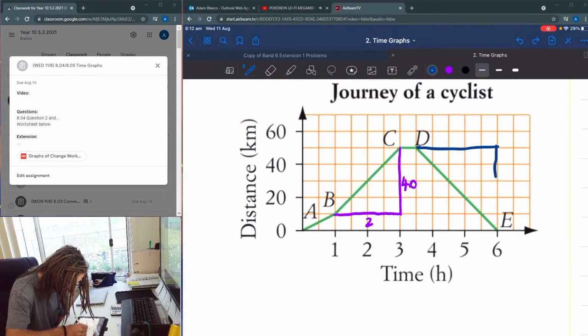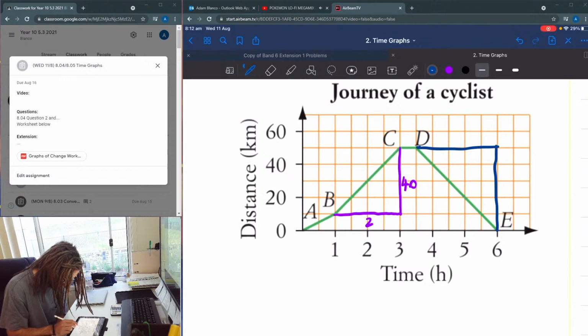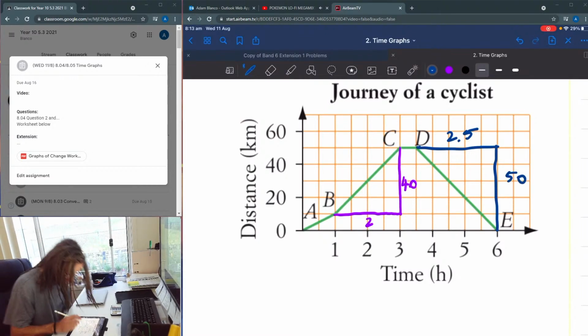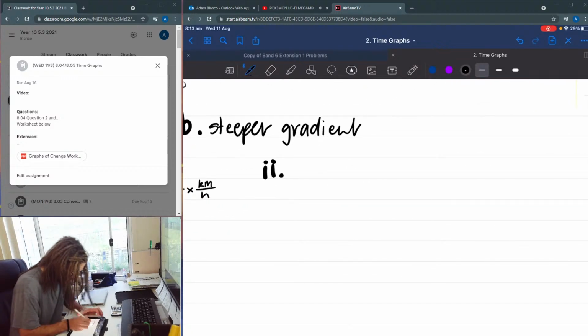I can just hear the objections in the room at the moment. Bear with me. How many hours is that? That's 1, 2. That's 2.5 hours. Or mixed fractions. Don't like them. And then what was it? 50 kilometers. Okay, so the speed